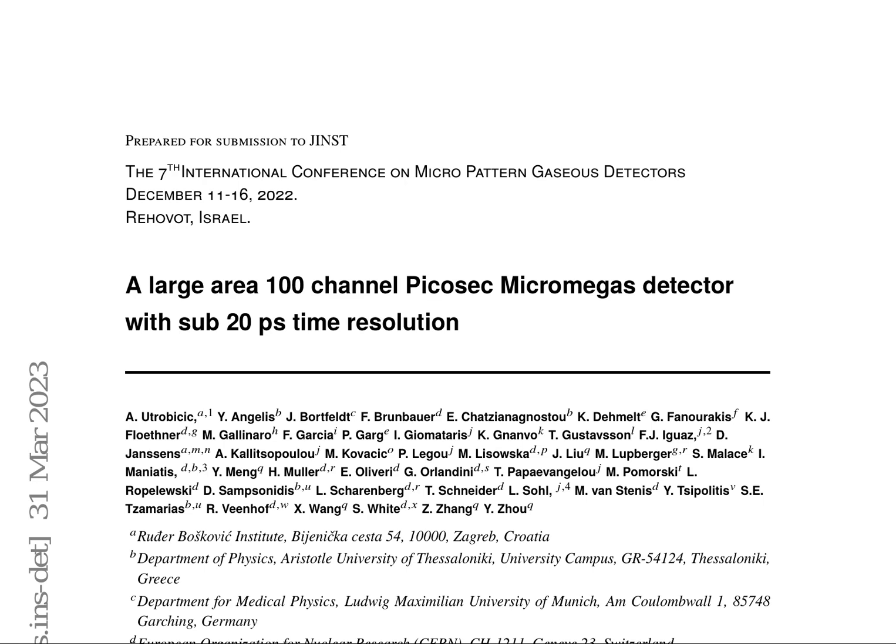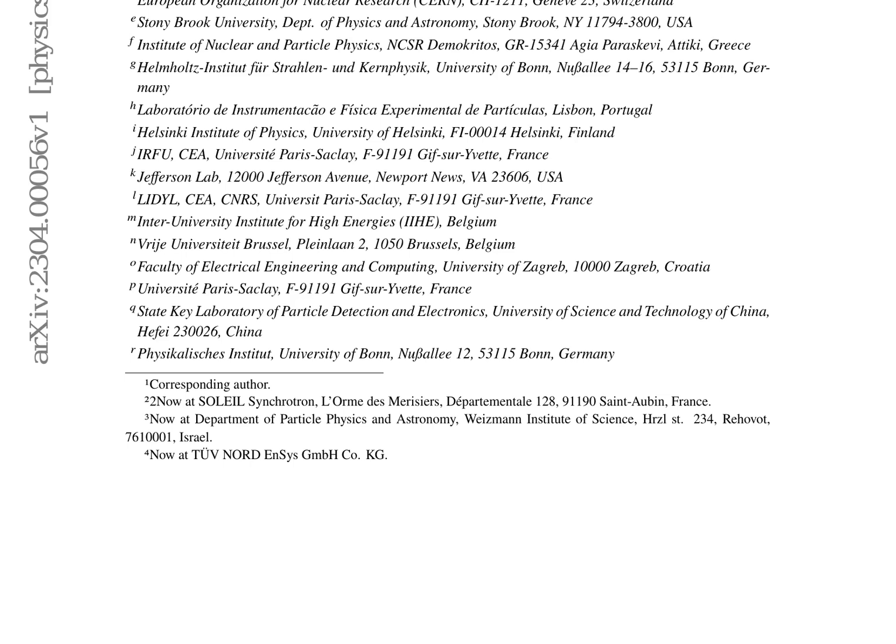The paper highlights the potential applications of this technology in various fields such as particle physics, nuclear physics, and medical imaging. For instance, in high-energy physics, such a detector could be used to identify particles and measure their time of flight with high precision, allowing for more accurate event reconstruction. In nuclear physics, it could help in timing coincidence measurements between different detectors. In medical imaging, the detector could be applied in positron emission tomography (PET) scanners to improve image quality and reduce